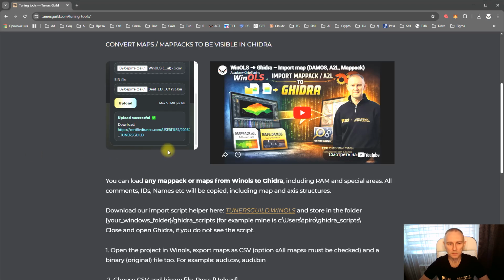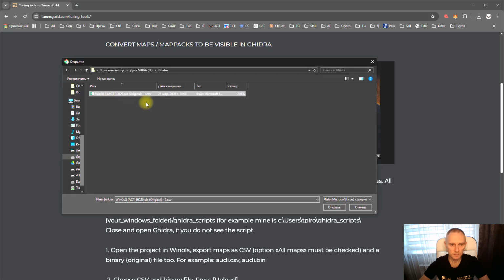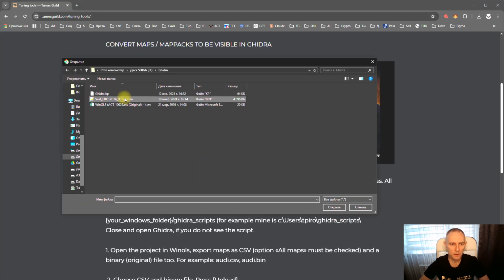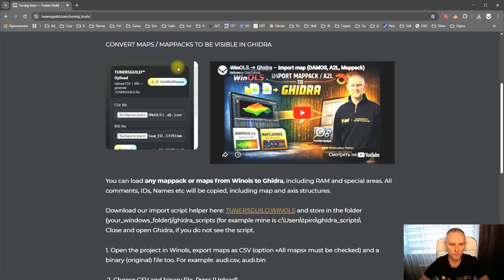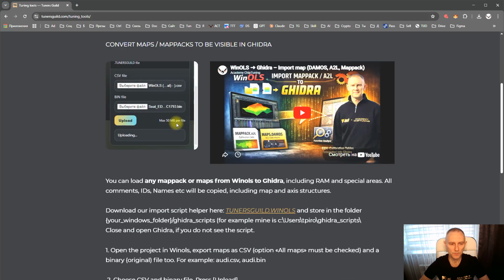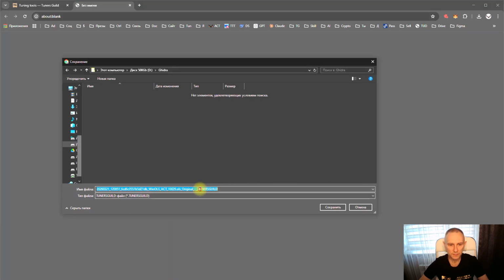go back to the site, choose file, CSV, open, and bin file, open, and click upload. Okay, download, save, Tuners Guild,